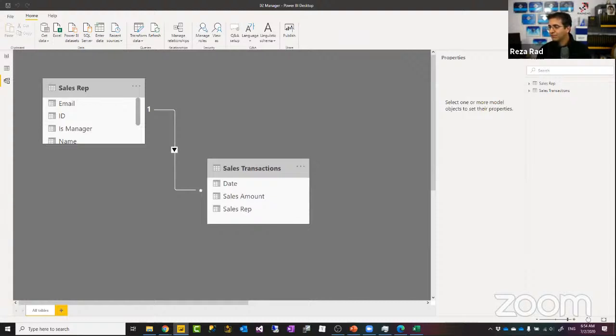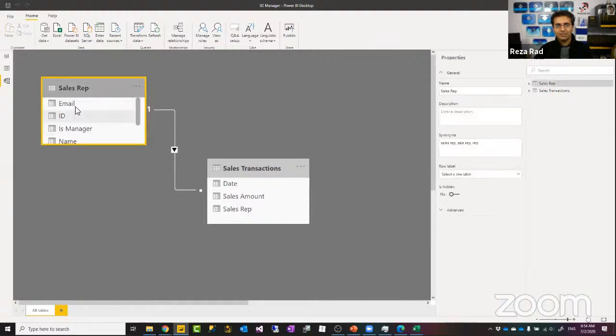A question from Prashant, or a measure with cross filter? No, that doesn't work. If I change this to be both directional, that still is not going to help, because I'm going to filter this table using row-level security. Remember, when the user comes to this table, it is already filtered.